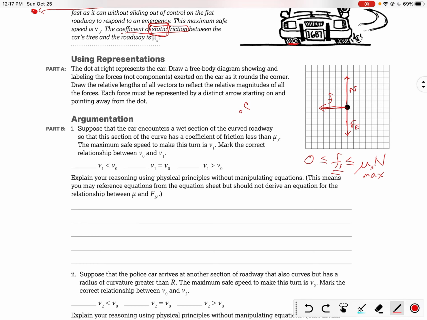So suppose the car encounters a wet section of a curved roadway, so that this section of the curve has a coefficient of friction that is less than the original one. What is the maximum safe speed to make this turn is v1. Mark the correct relationship between the original speed and this new speed on the wet surface. Well,